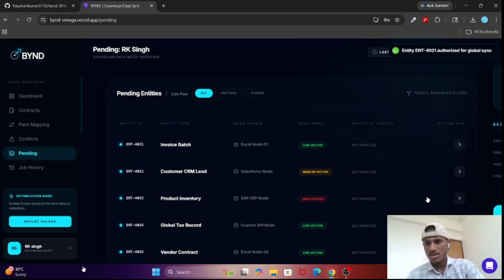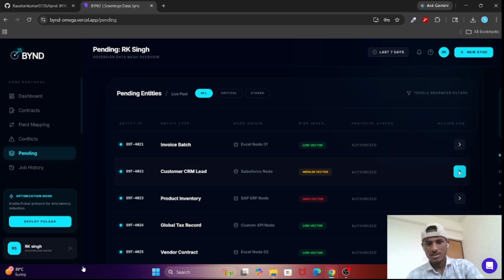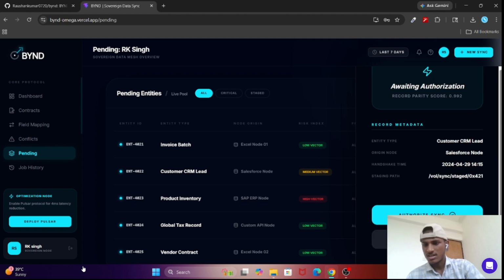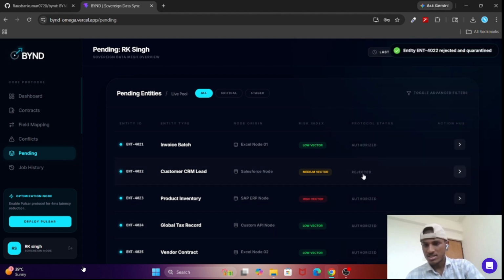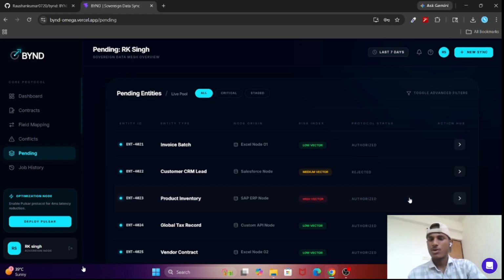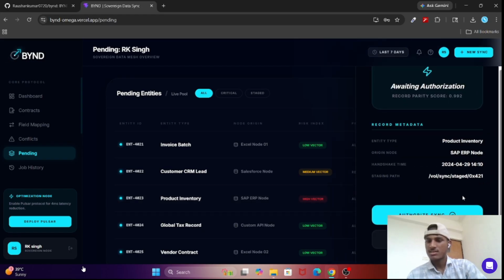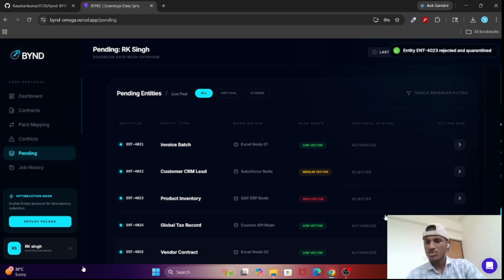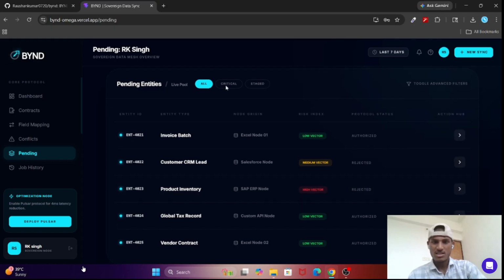So if I authorize, here you can see authorized. In the second, if I click reject, then you will see reject is updated. So here is how it is working.